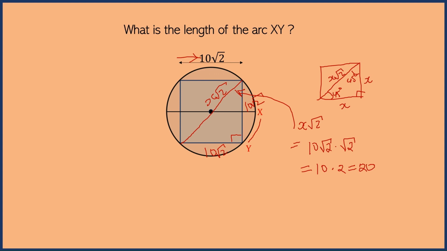Because why? Because root 2 here is just the same as 2 to the half, and then since you have two of these, it's just going to be 2 to the half plus 1 over 2, which is just 2 to the 1, which is going to be equal to 2. Okay, so now that we have found that side,